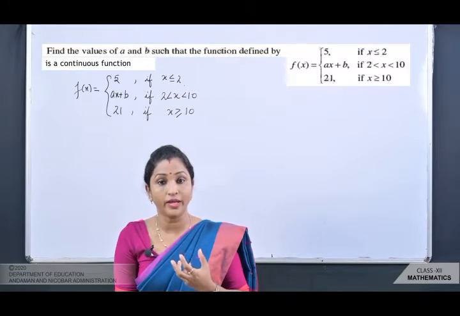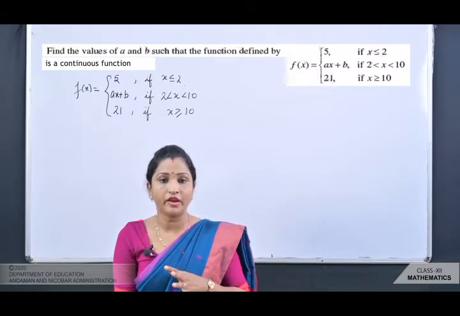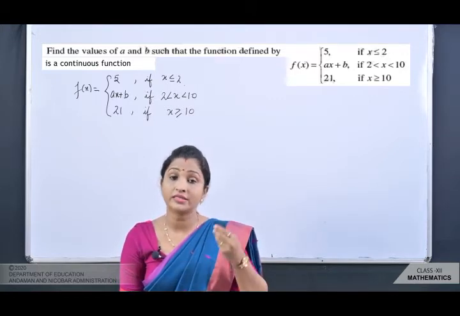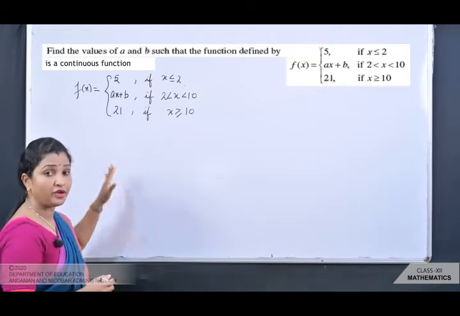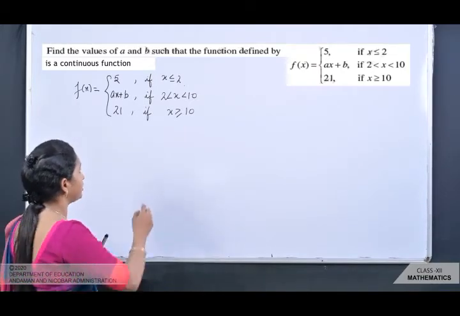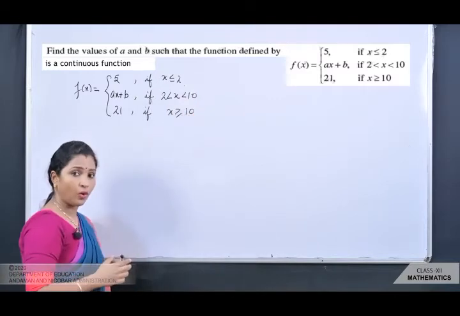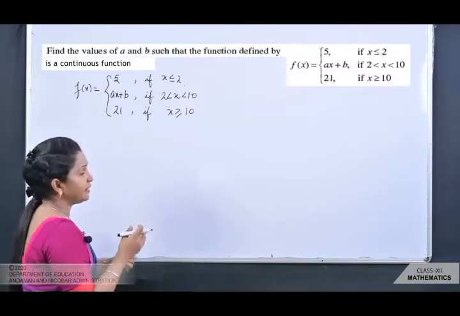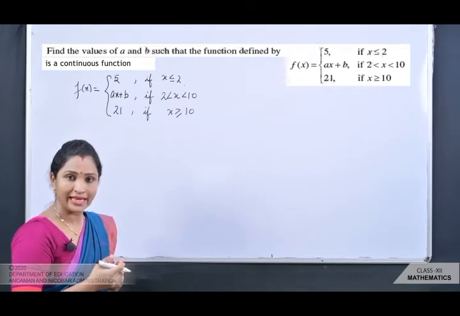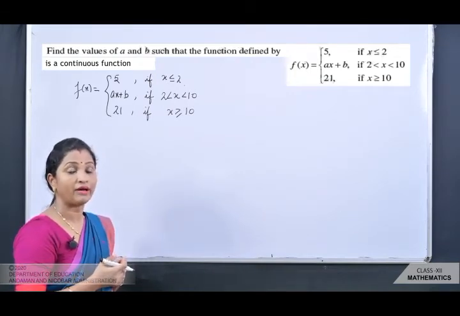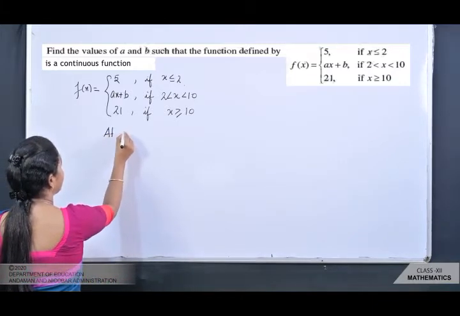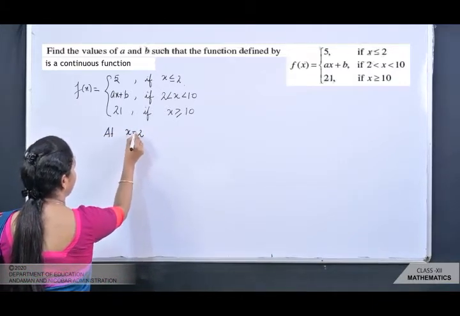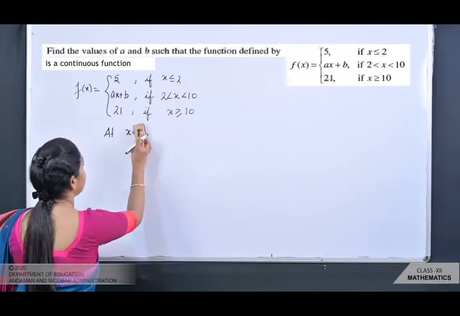and the function is given to be continuous. Okay, so find the value of a and b such that the function defined by f(x) is equal to 5. The function is given, it is continuous. Now since the function is continuous everywhere, that means the function is continuous at 2 and at 10 also. So I am going to apply the condition of continuity, that is LHL is equal to RHL is equal to the value of the function at that particular point. Okay, so at x is equal to 2 यहाँ पे लेंगे हम, ठीक है.